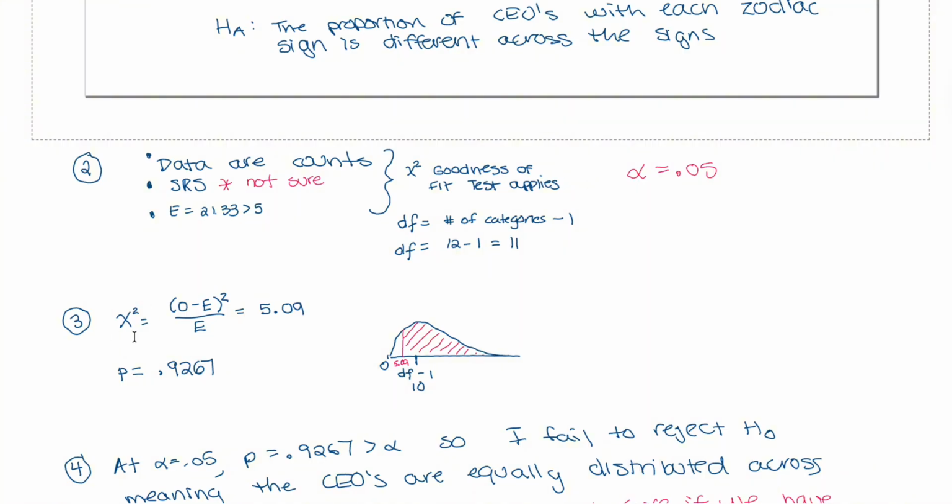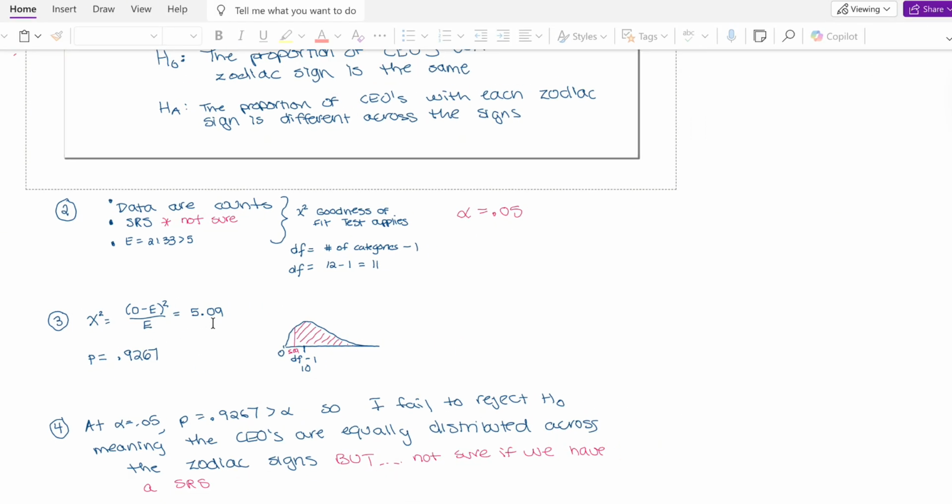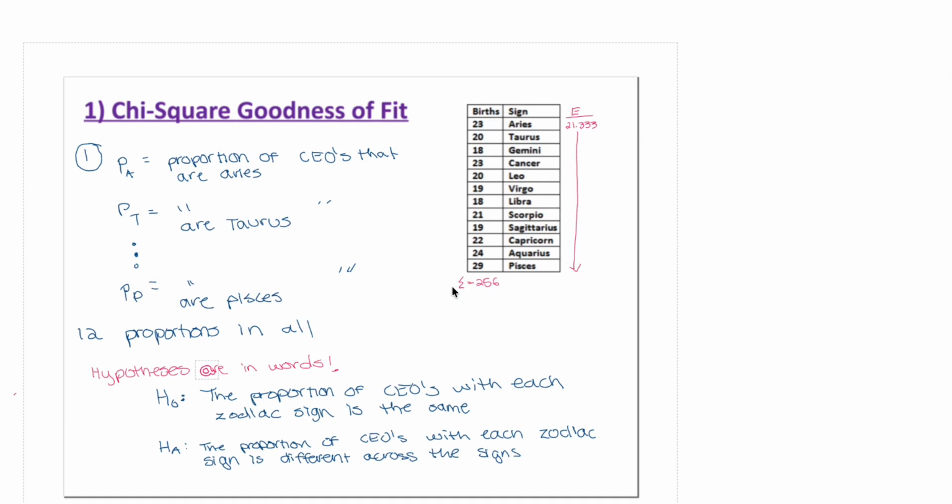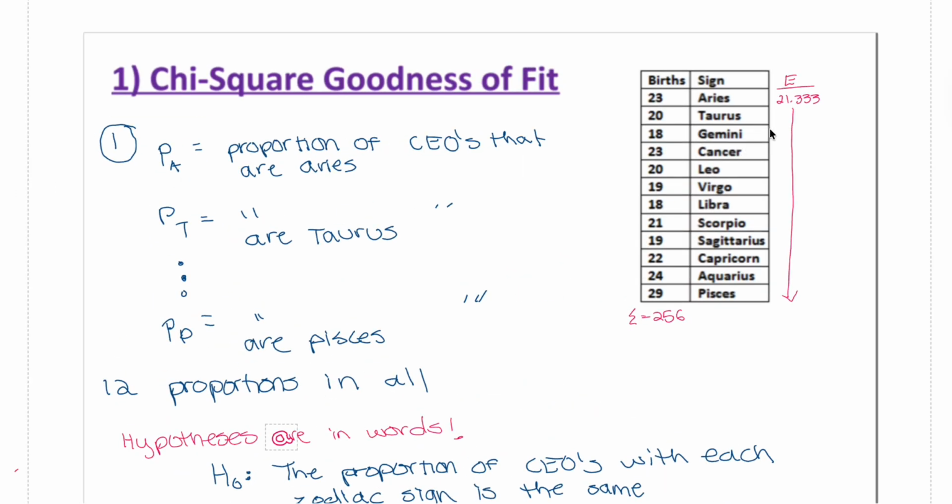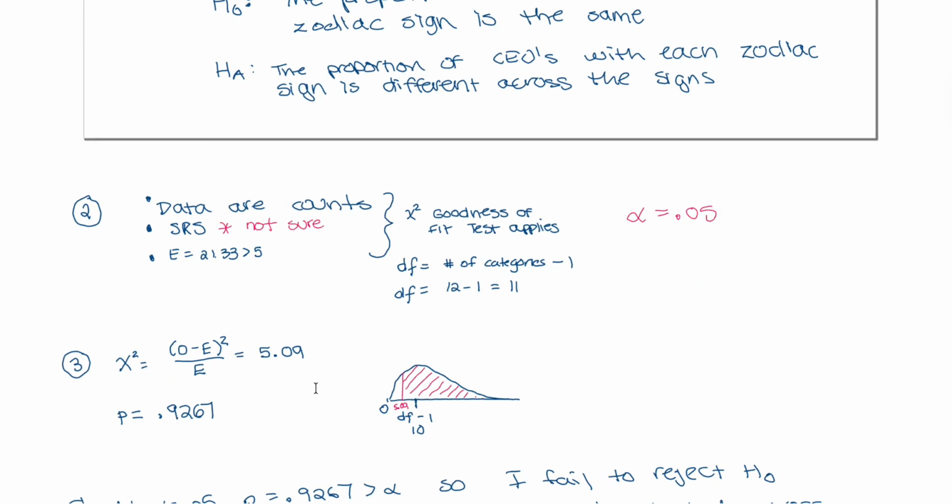The third step is calculating the exact value for chi-square. We're going to use the formula we introduced previously: observed minus expected, quantity squared, over expected. To do it, you can go into your calculator and go into edit again. You already put list 1, and list 2 should be your expected value. In this case, they're all the same, which means they all have 21.333 repeating. For L3, you're going to put L1 minus L2, quantity squared, over L2, and you will get the